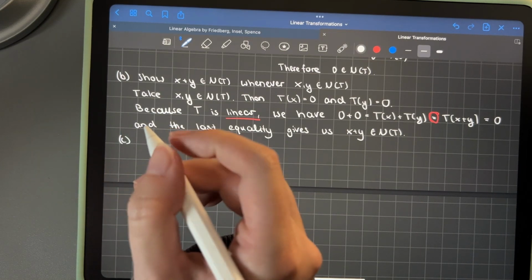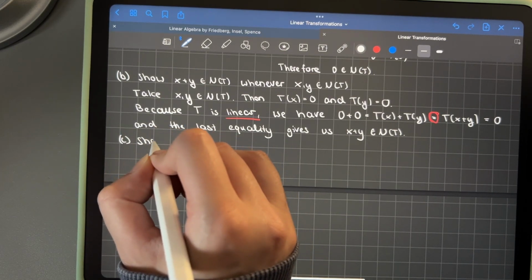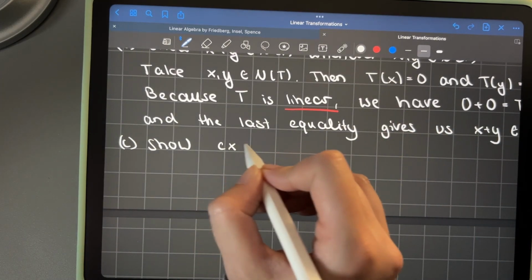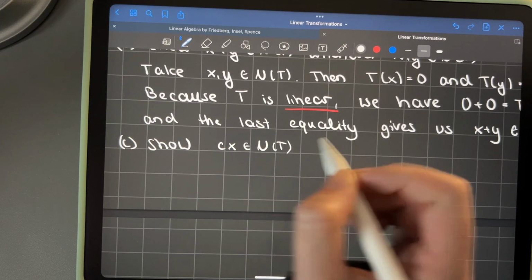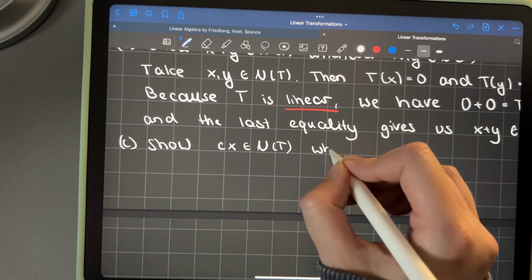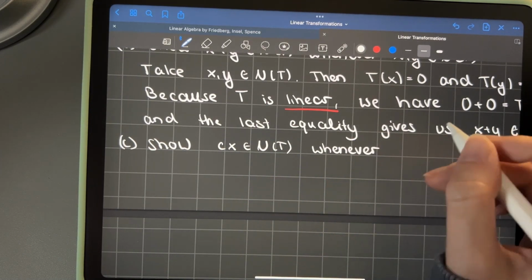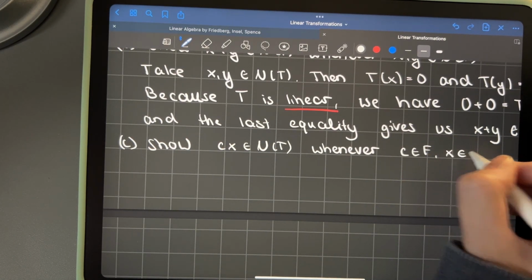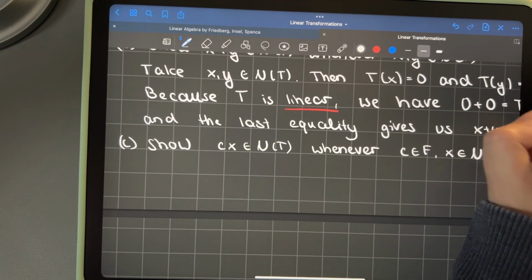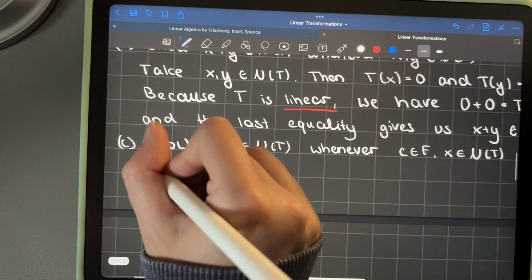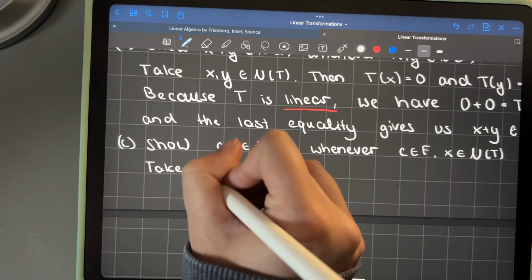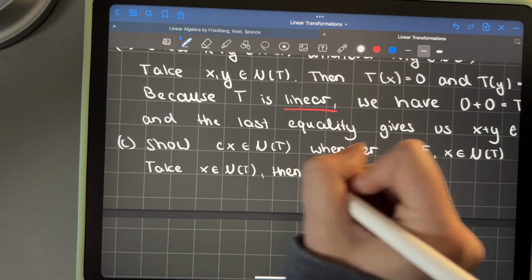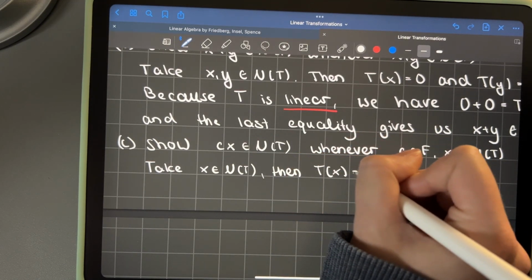And now part C. Show c of x is in the kernel of T whenever c is a scalar and x is in the kernel. Take x from the kernel, then we know that T of x is 0,